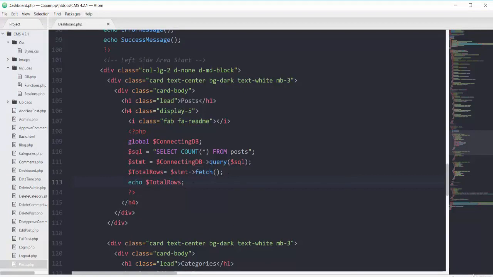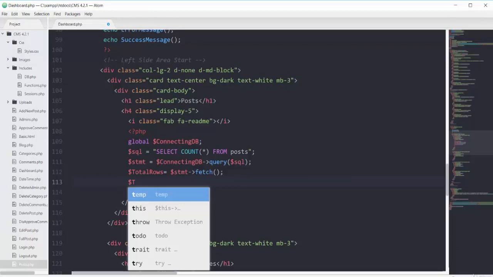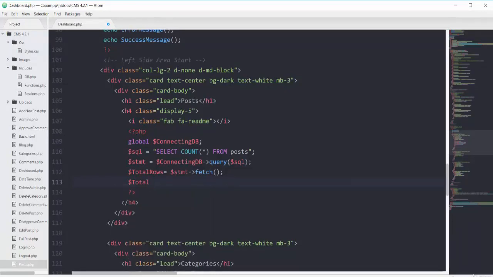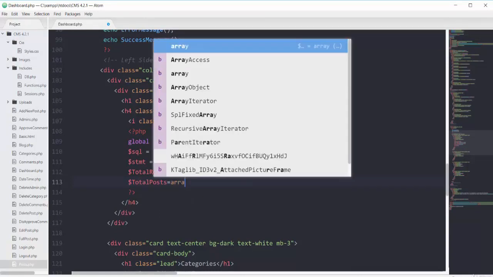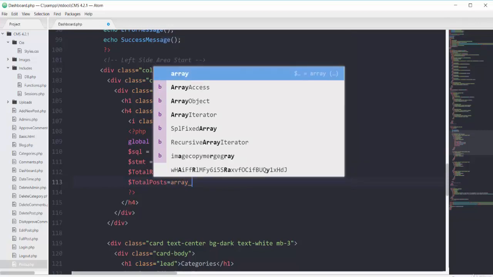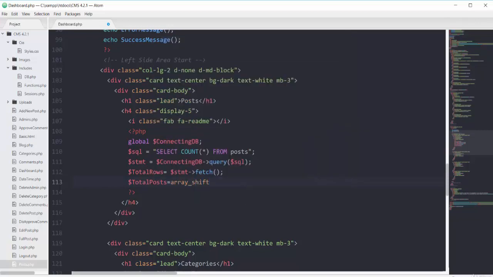So before echoing something, we have to apply one PHP function in order to make this whole array to string. So I will have another variable with the name of total posts, and that will use one function of array underscore shift, and we will pass our total rows here.